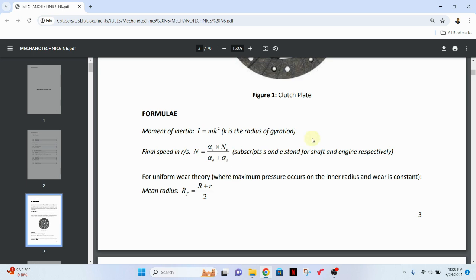Very important. Now, when you're dealing with clutches, there are also two theories that are very important. These theories are basically assumptions that we make to facilitate calculations. The first theory is what is referred to as uniform wear theory. In this theory, we assume that the plates of the clutch are wearing more or less